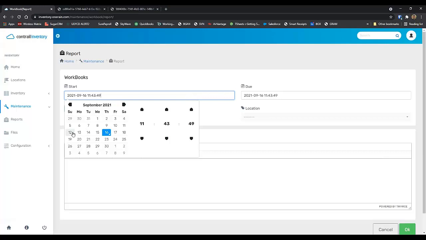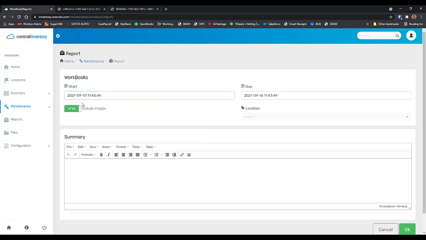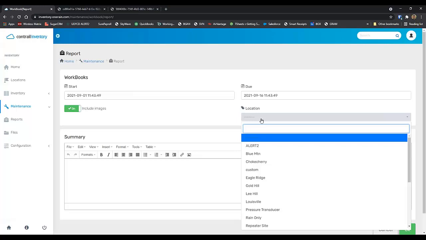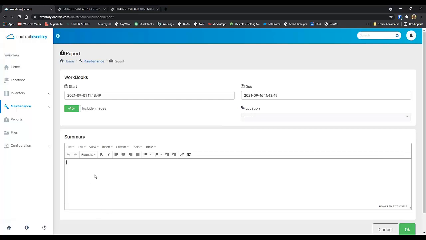I'm just going to do this real quick. So I'm going to pick a start date, a due date. So it's going to look for all workbooks performed this month of September. I'm going to include images. And this is a tag. So maybe if you tagged it by maintenance type or thing of that nature, I'm not going to worry about